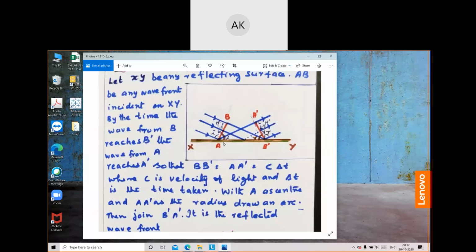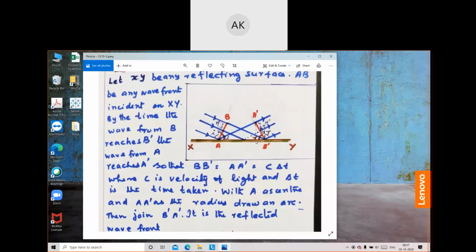And here we are introducing the idea of waves. So we are discussing waves. When a wavefront touches the surface, that also will be reflected. Wave also will be reflected, just like rays. And here, by the time the wave from B reaches B dash, that means on the surface, by the time the wave from B reaches B dash, the wave from A also, after reflection,